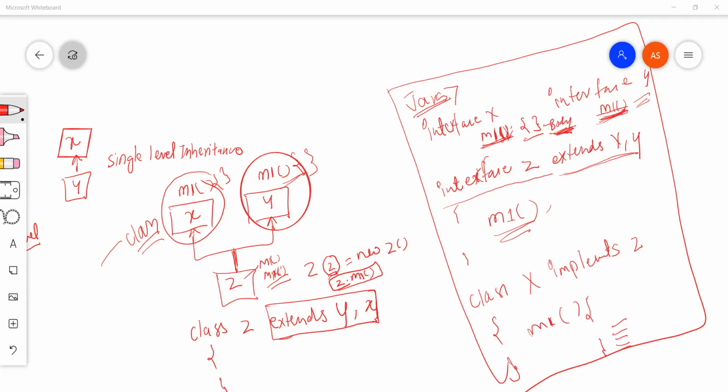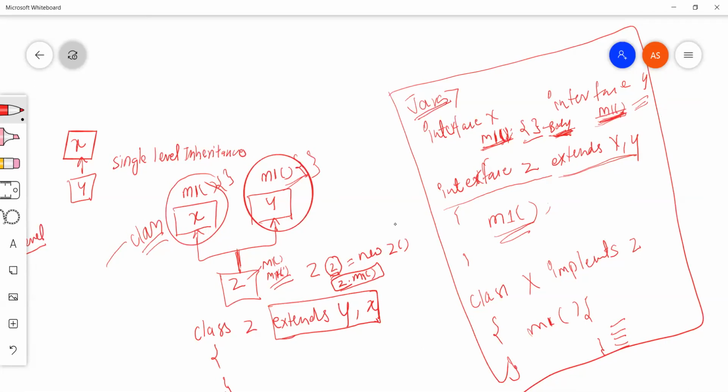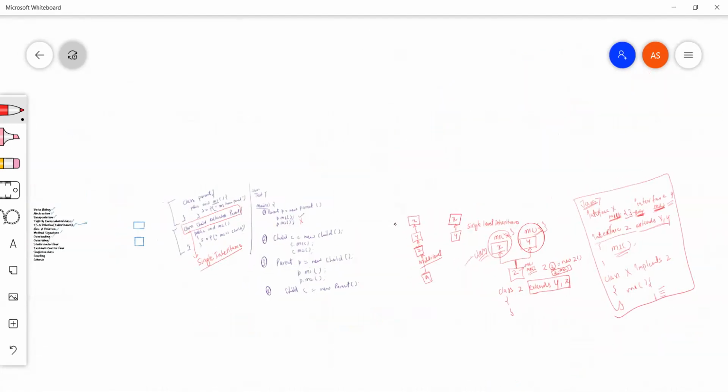Okay, now there might be one more confusion here. Let me clear it once. These are interfaces, right, Anush? I'm not going on code level, I'm just telling you the concepts today. Can we implement or extend here?